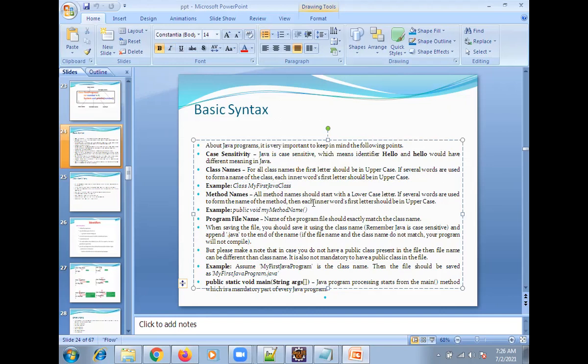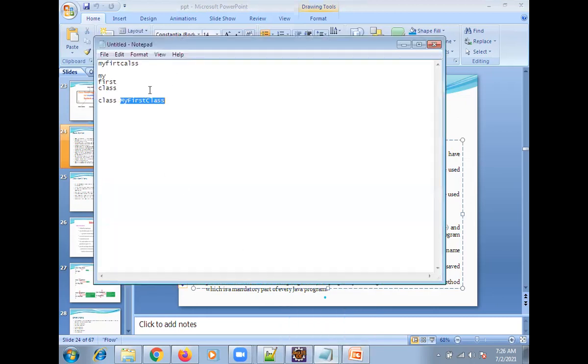Method names. All method names should start with lowercase. Now the class is starting with uppercase.